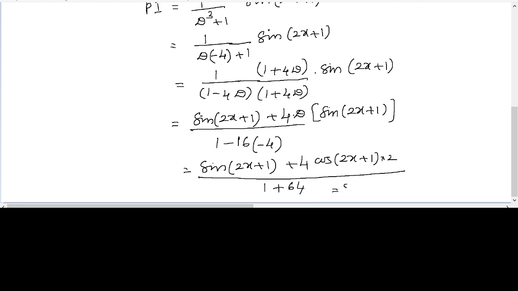So that is sine of (2x plus 1) plus 2 4s are 8 into cos of (2x plus 1), all divided by 65. So this is the answer for that. Okay,